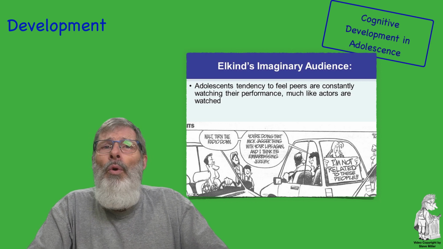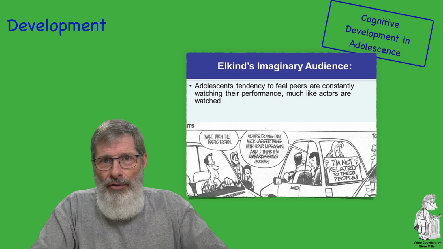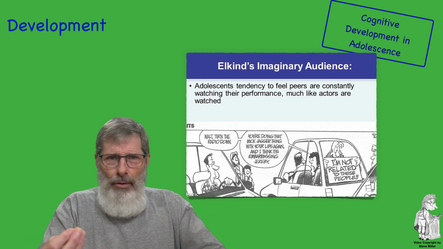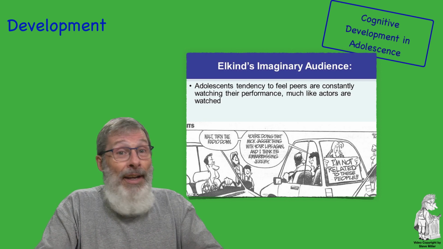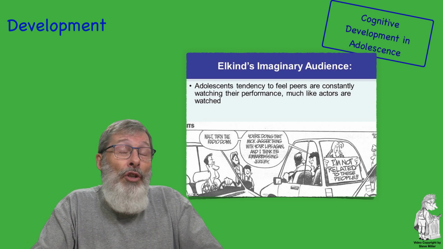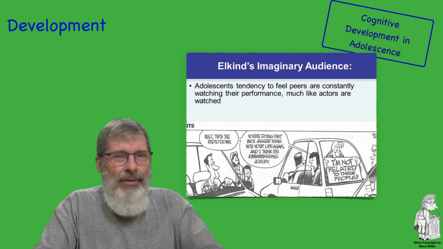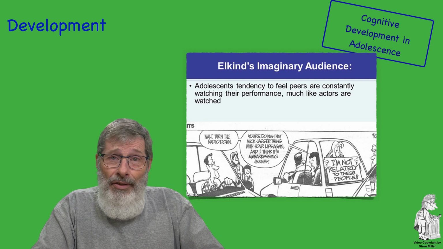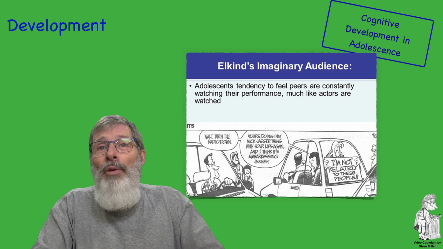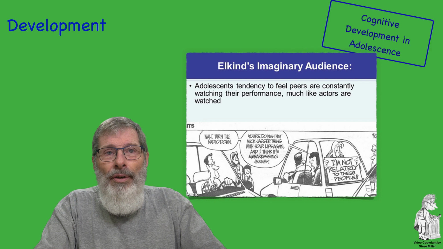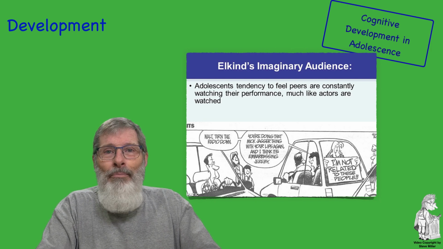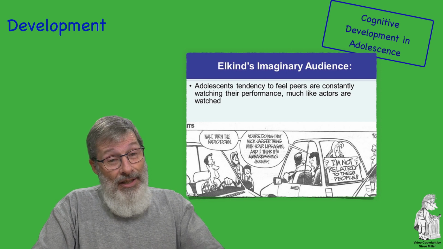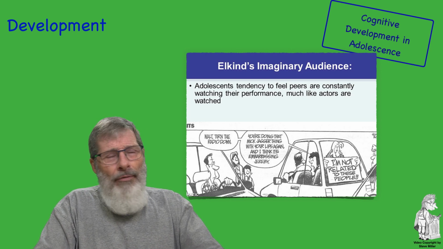This can give rise to two cognitive developments: imaginary audience and personal fable. Let's look at those. And this is an adolescent's condition or circumstance. It doesn't apply in all instances, but it largely occurs in adolescence. Imaginary audience is the belief that other people are as concerned with your thoughts and behavior as you are yourself. It's an imaginary audience because really not everyone feels the same as you.